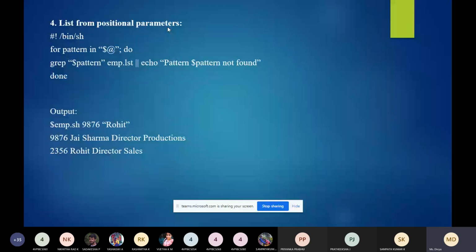So the list can also consist of positional parameters. Not only file names, here I can have positional parameters $0, $@, $*, $#, $1, $2. Like this I can have positional parameters here.